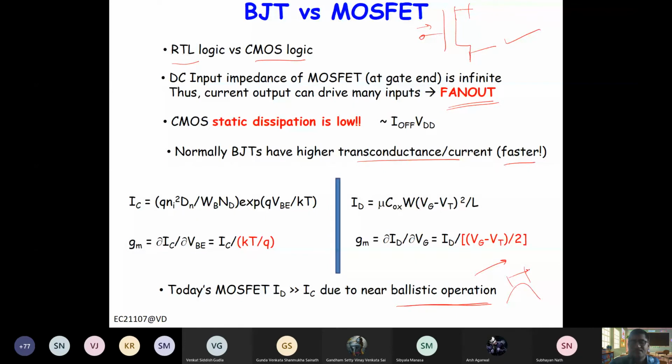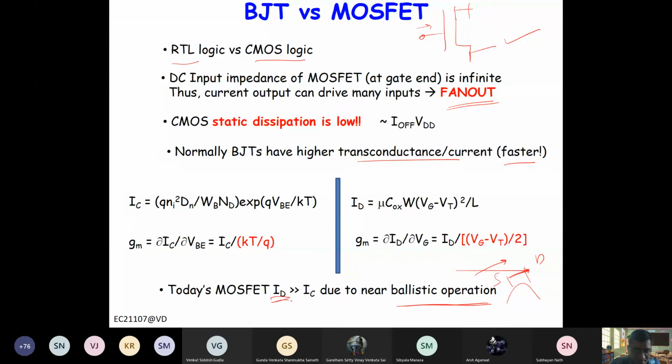the scattering can be, I mean the length is less than the scattering length, right? Or the time is so low that it is less than the scattering time. So the carriers that are coming from source to drain are not scattered significantly, or the scattering is minimal. So this operation is called ballistic. So current is ballistic basically. In such a case, you have higher current there.